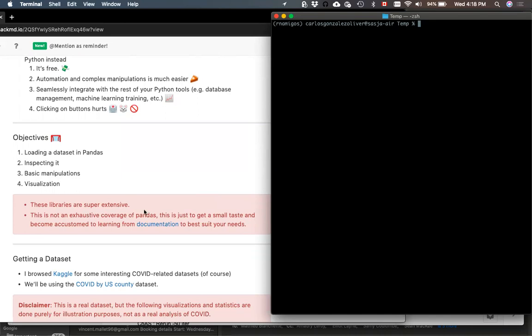So there's tons and tons of functionality that I will not even come close to covering in its entirety. The purpose of this little session is not to cover everything that Pandas does, but to give you a little taste of what kinds of things it does, what kind of logic goes on behind it, and to get you used to looking at the documentation. For whatever kind of needs you may have, it's very likely that there's already a feature to do it, and you need to go online and look it up and see how it works,